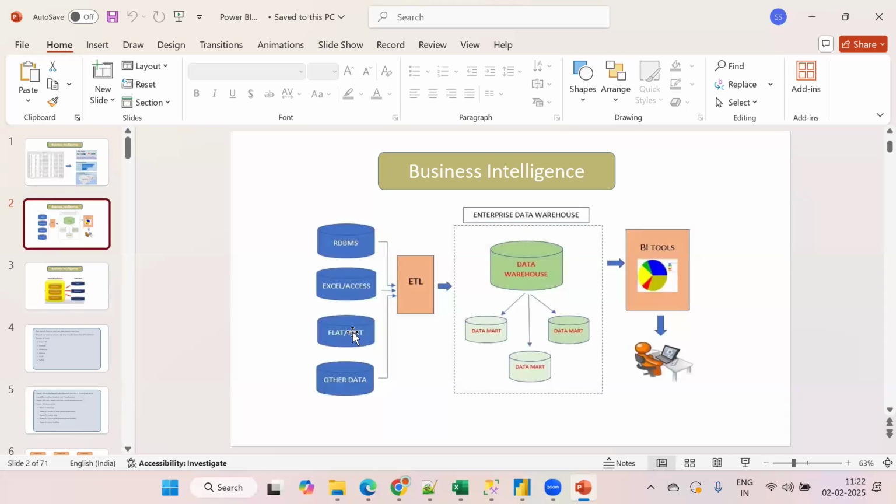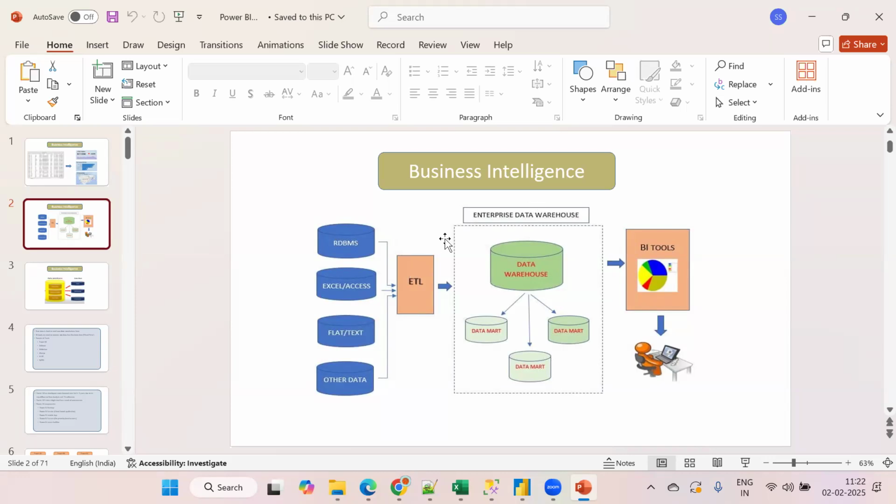Okay, so all these transformations will be done in the ETL stage. This is also called the staging environment, and ETL is done here. And once the data is transformed as per our requirement, it will then be loaded